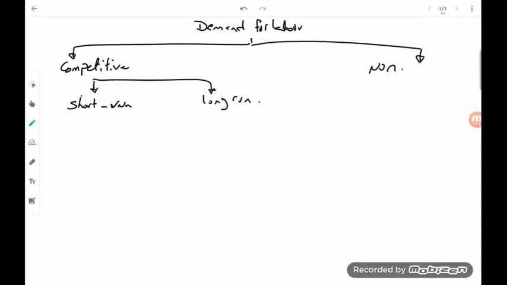And then another point. So this is number one. Number two, policy. We are going to talk about some policy applications to the labor market, such as imposing taxes or giving subsidies to employees.